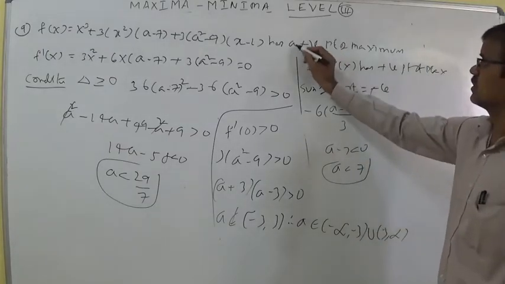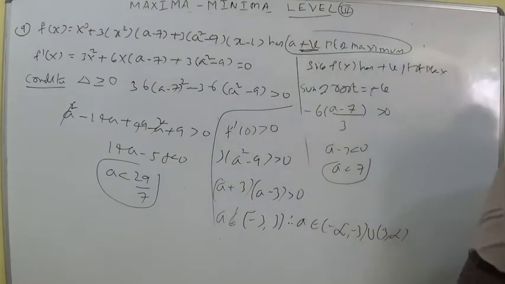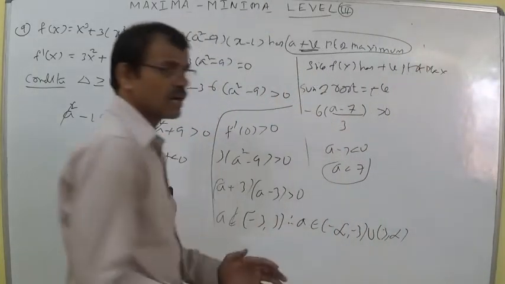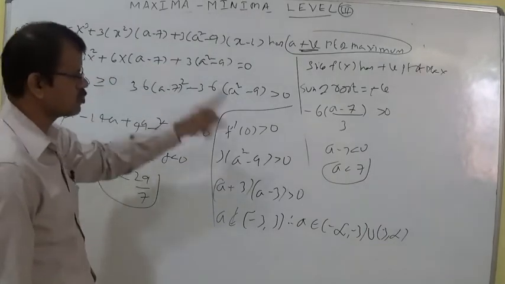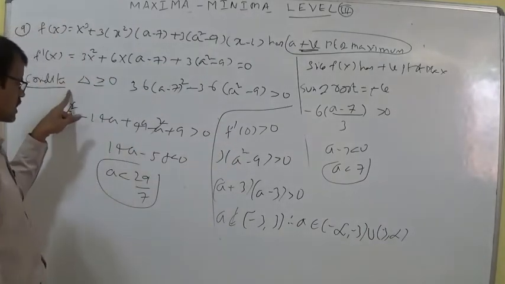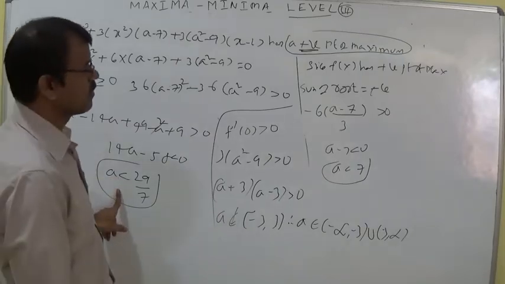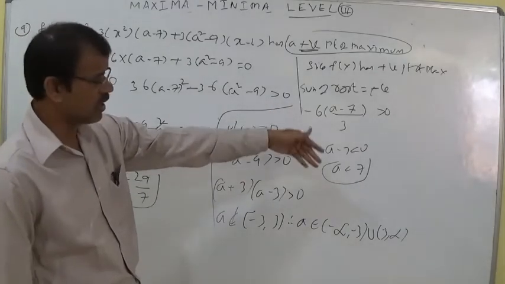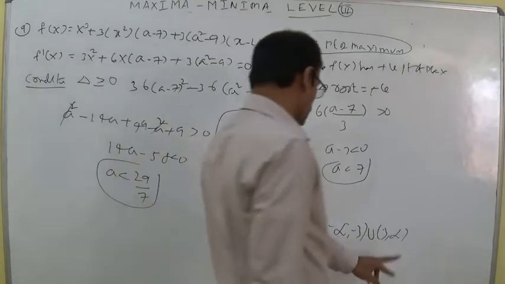Because this formula we are using is for a positive point of maximum, that is why we are discussing everything as positive. Positive means greater than 0. That is why I have substituted this also. f dash 0 should be greater than 0, and the discriminant greater than 0. With the discriminant we did not get the proper answer, and the positive root we have already discussed. If you cannot do it also, no problem. This is important: minus infinity comma 3 and 3 comma infinity.